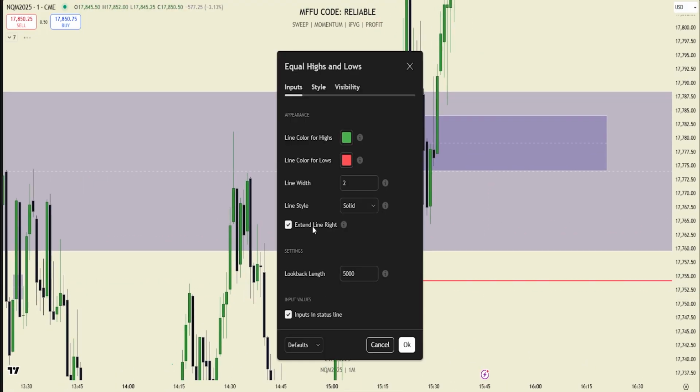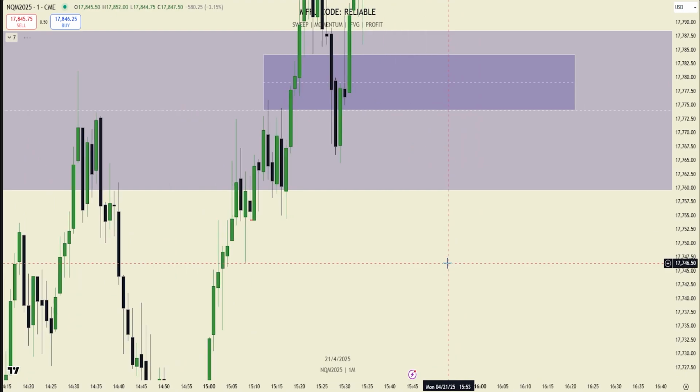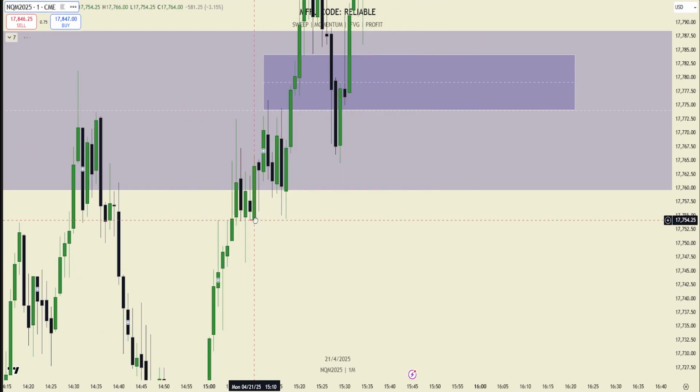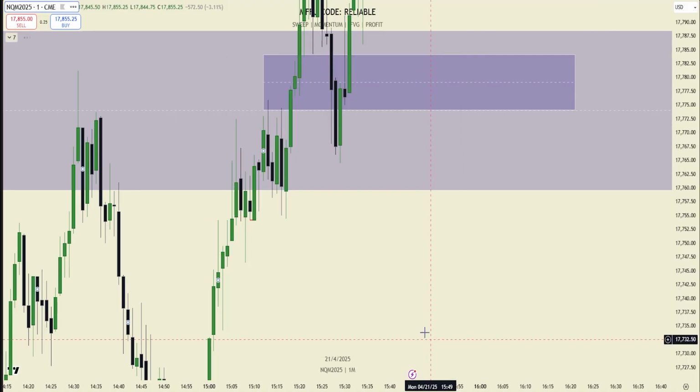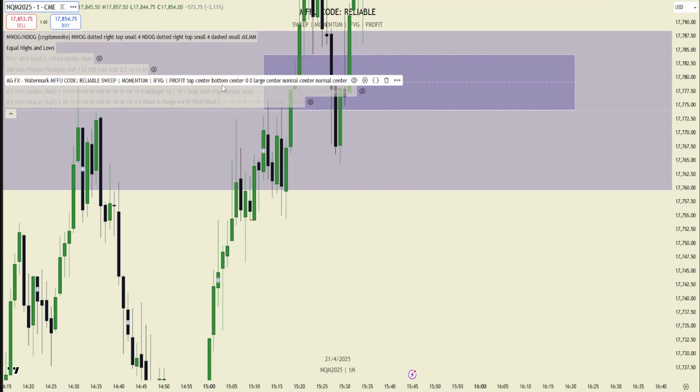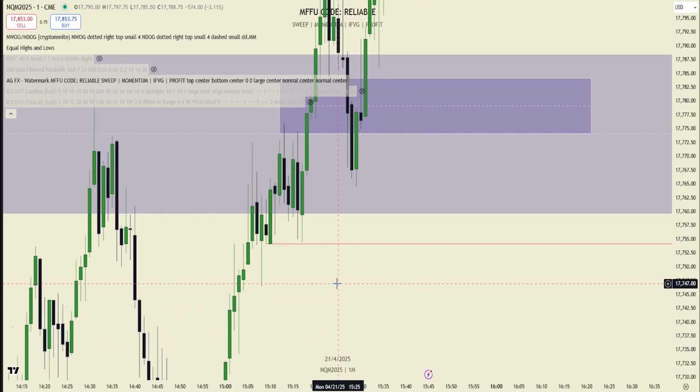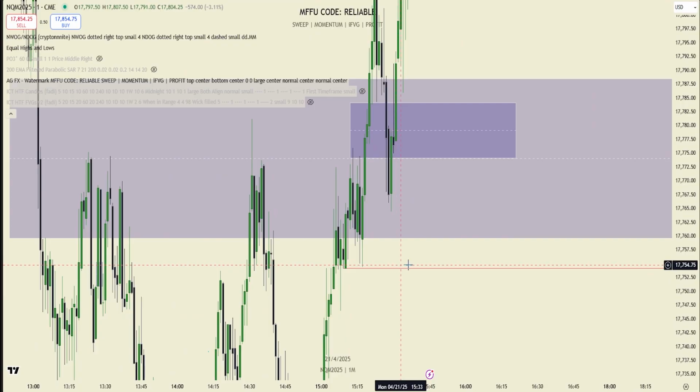I'm changing this. I'm no longer extending the line right. I'll only do it at the beginning of the session, and then I'm going to adjust it, because that's so annoying. Or I just need to make the width only 1, so it's easier to see. Yeah, that's actually way better. I'm going to do that from now on.